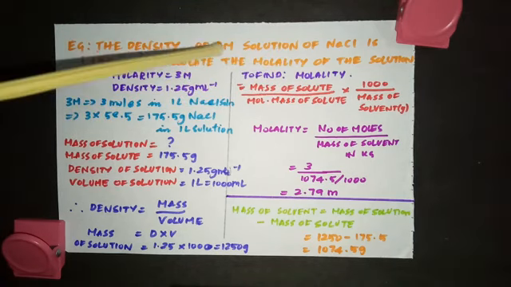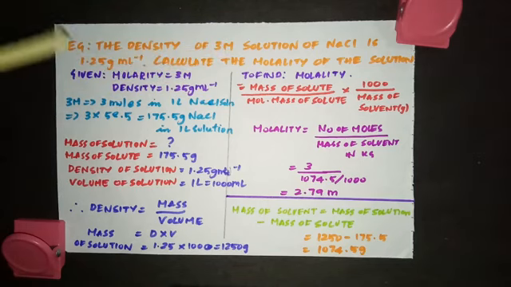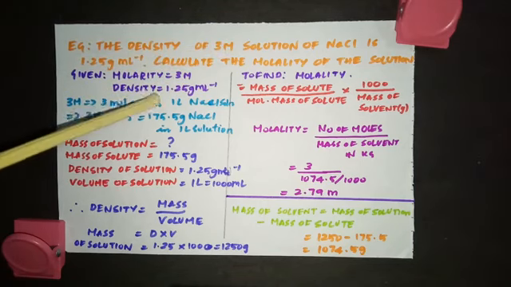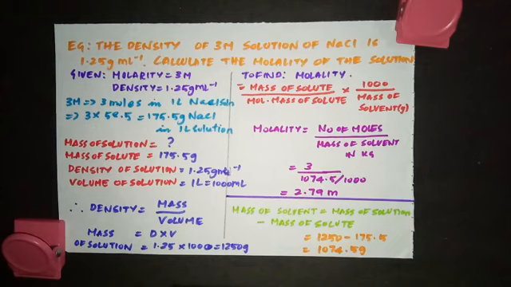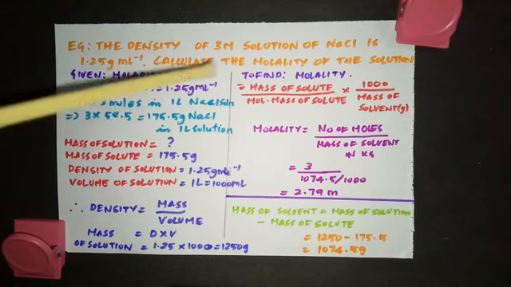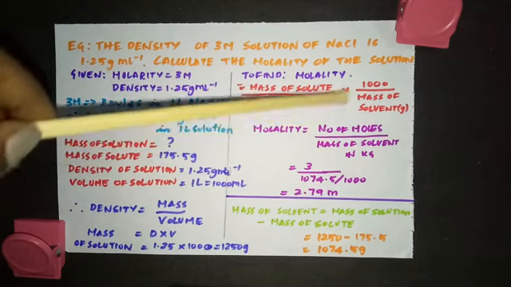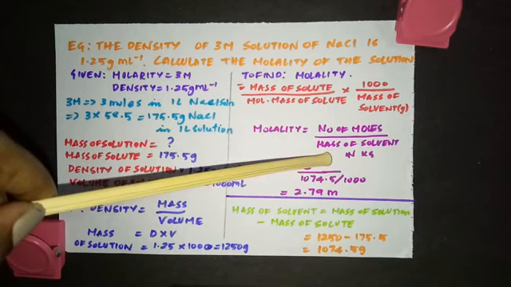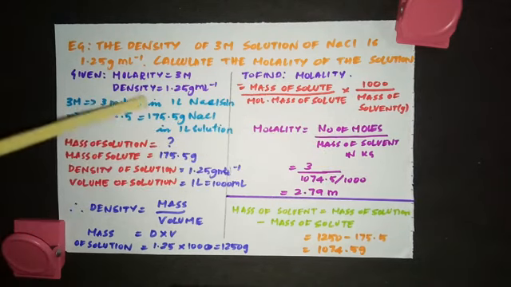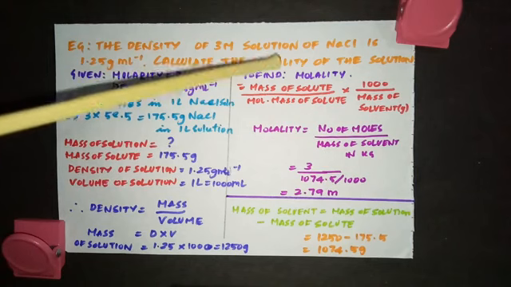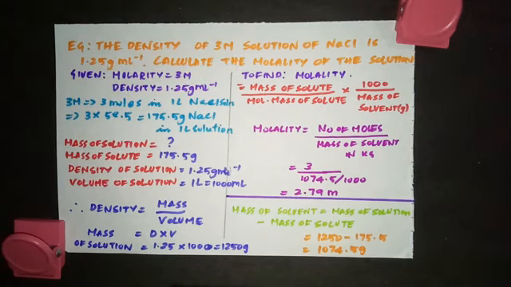First take this 3M. Okay, molarity is equal to 3M, density is equal to 1.25 gram milliliter inverse. I told you already, when we say 3M, what does that represent? 3 moles in 1 liter NaCl solution. So instead of taking mass of solute, you can directly use this formula: number of moles by mass of solvent in kg. So what is the number of moles? 3 moles. So you're going to calculate the molality of 3 moles NaCl solution.